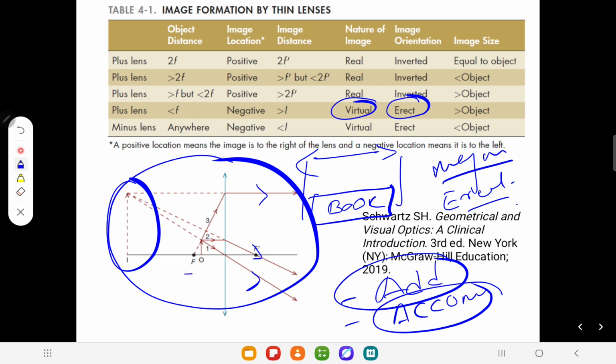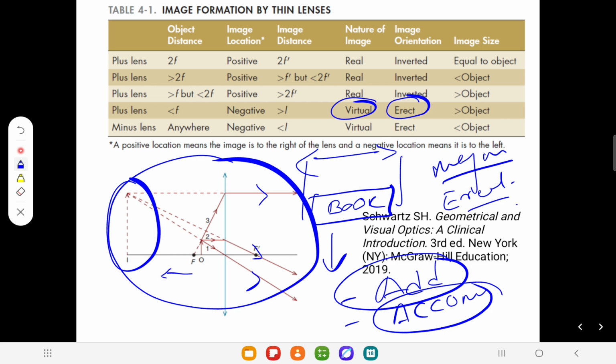If the object lies outside of the focal length, then what happens? The image will be inverted and real, and no one wants an inverted and real image, because patients want to read. So in low vision, whenever we are talking about a stand magnifier, bar magnifier, anything, you must understand the object should be within the focal length, so that the image of that particular object, let's take the example of a book, will be magnified,